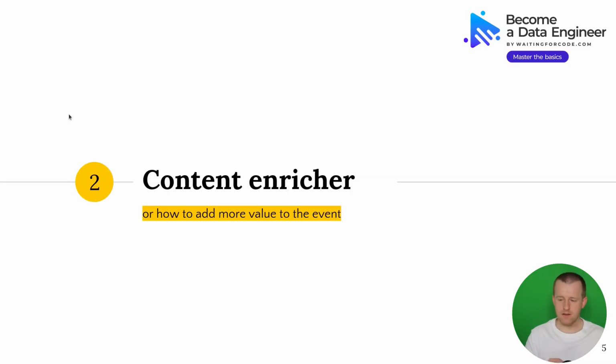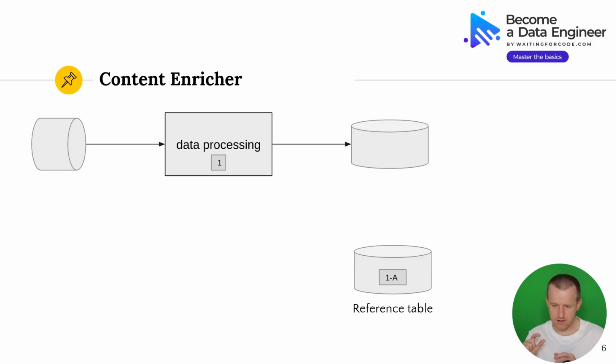So the next pattern is called content enricher, and here the idea is to add some extra information to the data we are processing. So it's typically the case we described in the previous module with the data enrichment lesson. Let's take an example. We have our streaming processing job, and we also have a reference master dataset, which is our relational database here. And the idea is to combine these two parts, some static and some dynamic part, to enrich